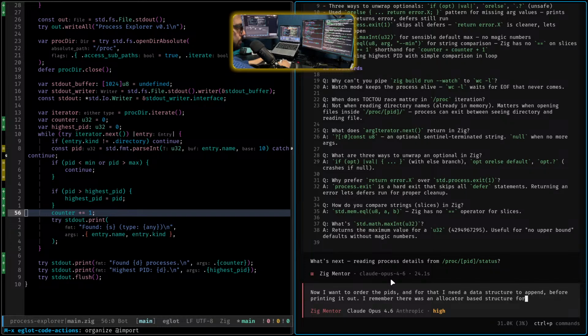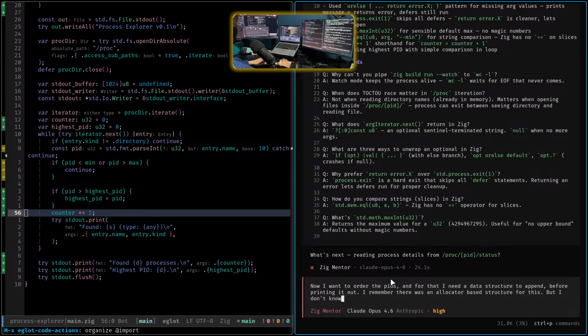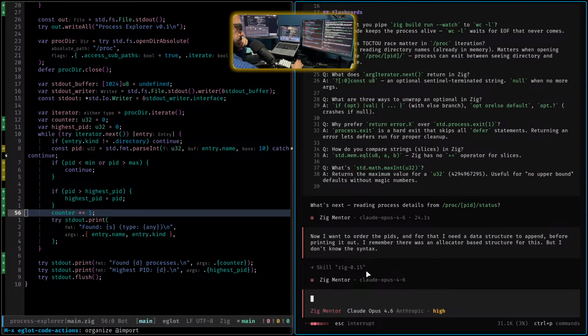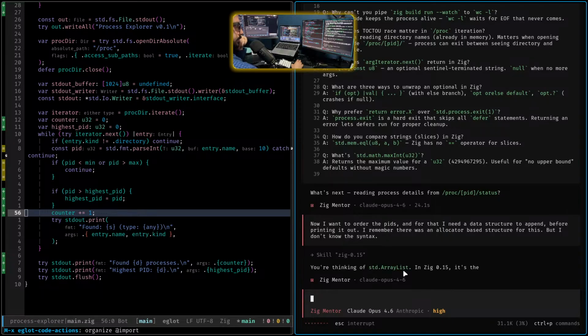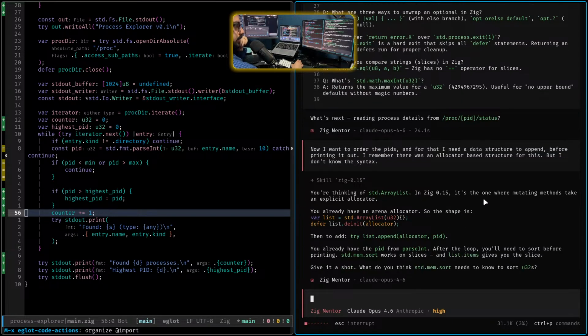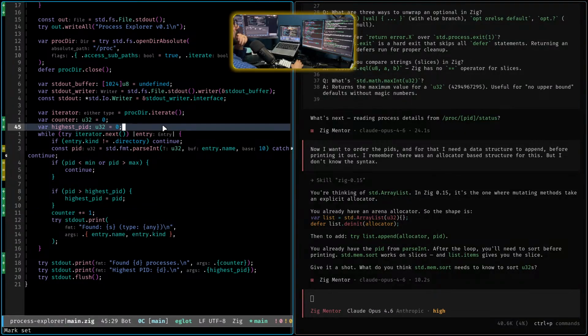Okay. Range. Clicking is the one we're mutating method. Okay, so